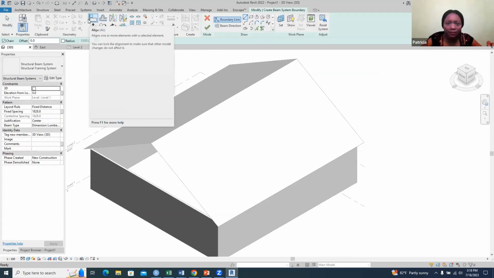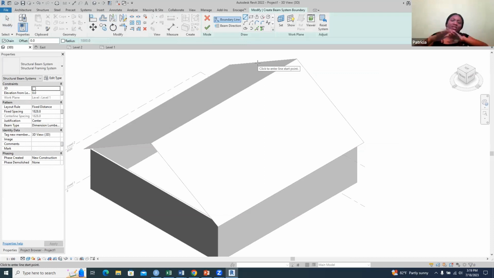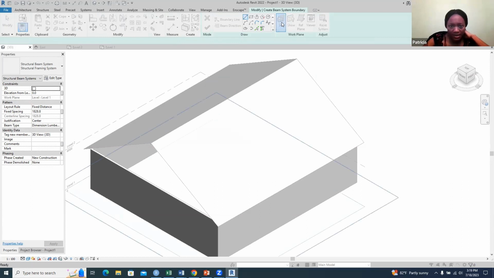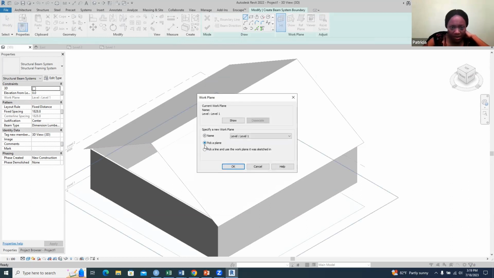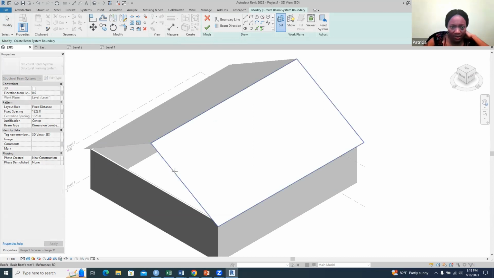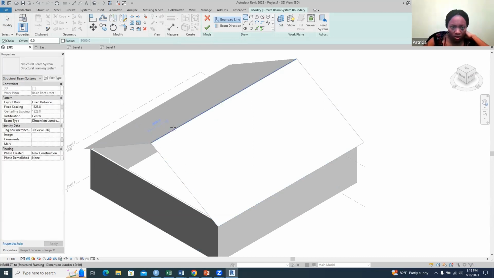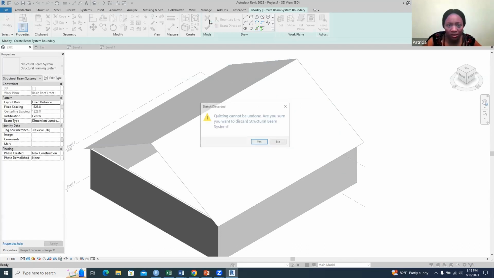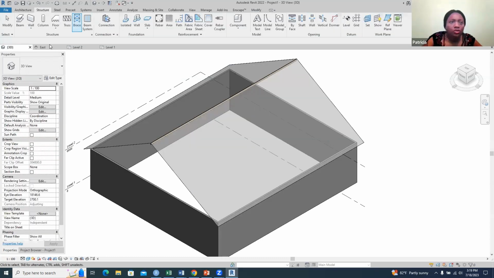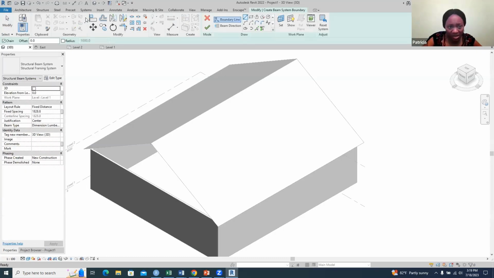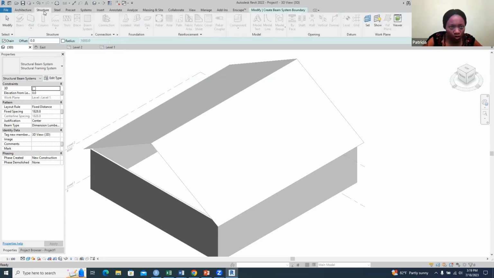We will now say set the plane, because we're not making it on a flat surface. We're trying to make it follow the slope of the roof. So we'll say set plane and then pick the plane. Okay, so we'll come over here and select this roof. So after selecting it, we need to draw it, or we pick the boundary of that. So, okay, escape, let me cancel, I missed a step. Yes. So go to beam system. So when we say beam system, we want to draw, let me go over here, structure,